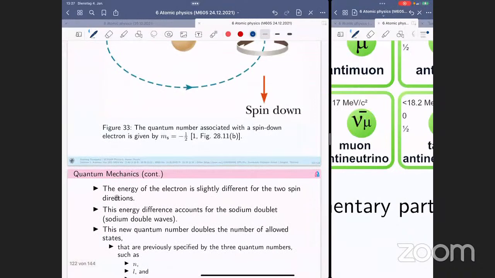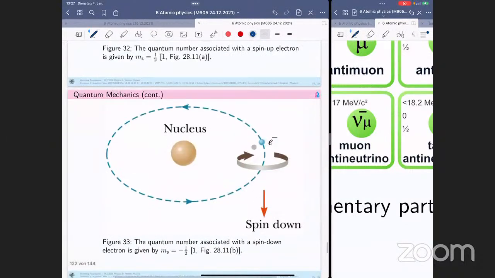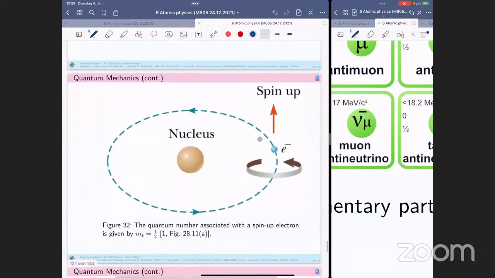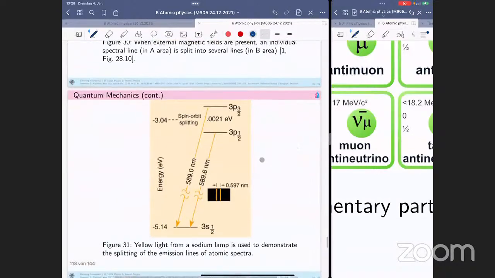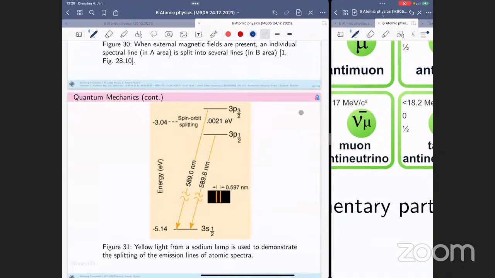Okay, and the energy of the electron is slightly different for the two spin directions. During the rotation around the nucleus, the electron could have two possibilities: spin up and spin down movement. And with these two different spin conventions, we have two levels of energy right here: